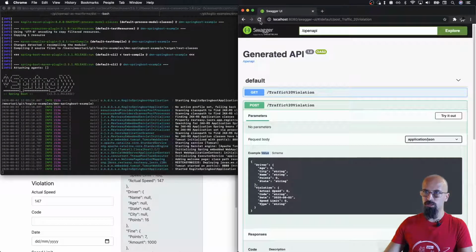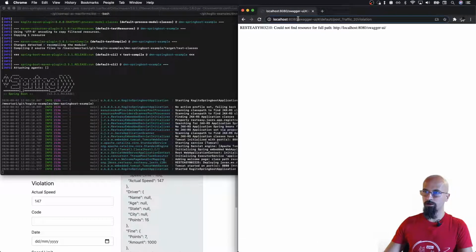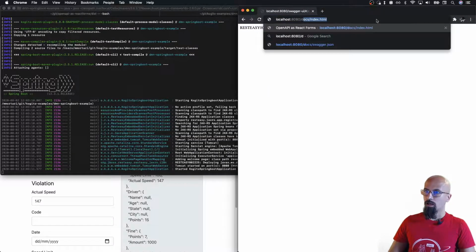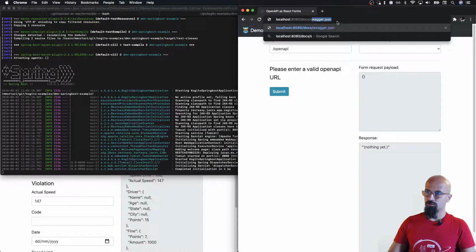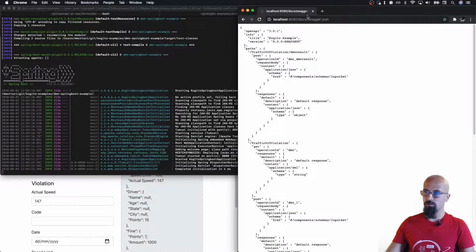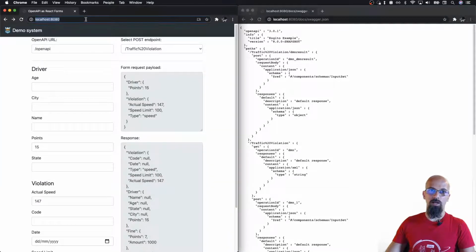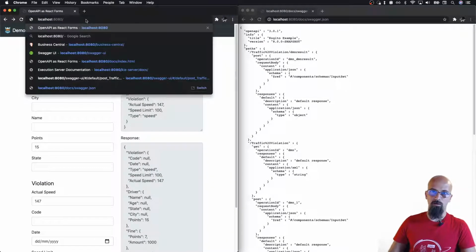endpoint changes, because what is going to happen is that the Swagger definition file is no longer at this address, but changes based on conventions. And it changes at this address. So this is now the new location for the Swagger definition files. So if I run this generic single page app,